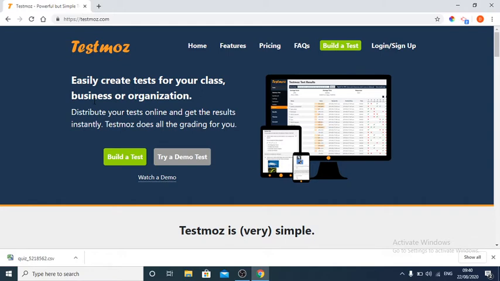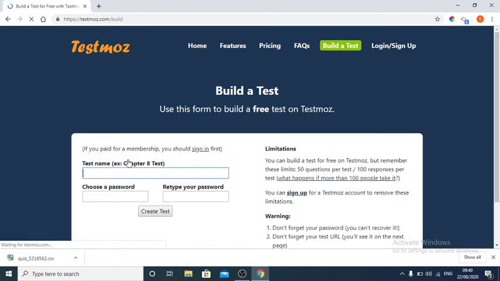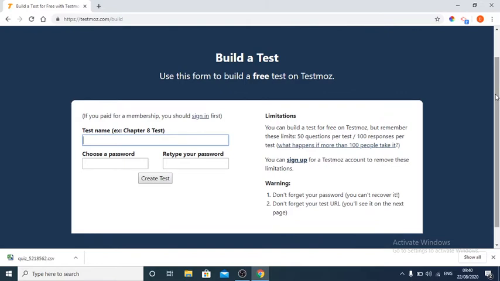Now to build our test, we need to click on this button, build a test. After clicking on this button, it will take us to the build a test page. Use this form to build a free test on Testmoz. Now it is saying test name. So here the teacher needs to give a name to the particular test. So here I will give the test on